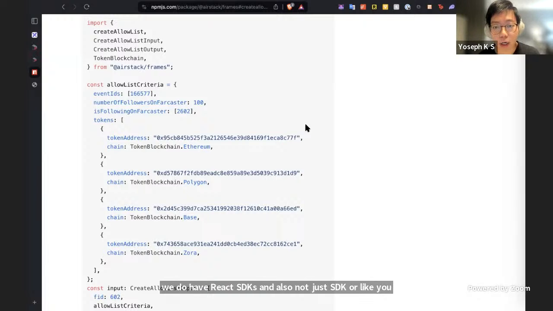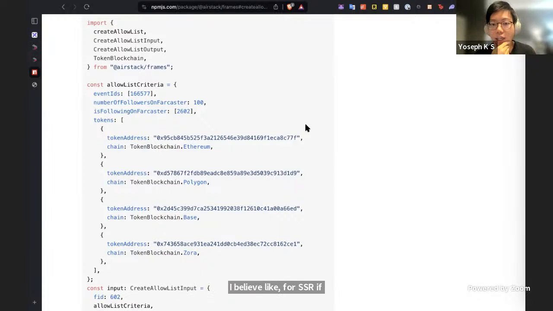I guess it depends whether you want to use it on the front end. If you want to use it on React, then for SSR, depending on the version of Next that you're using, for the page router one, I believe you can use the React SDK, but